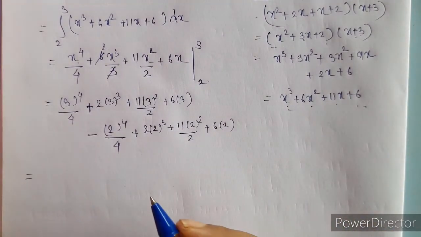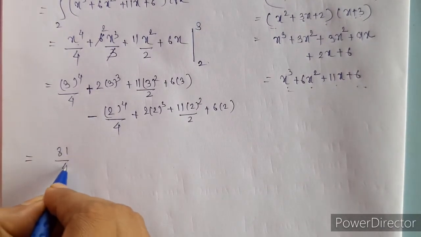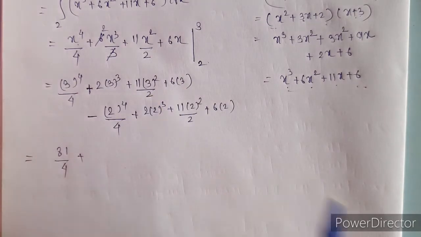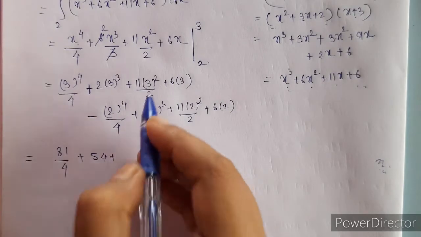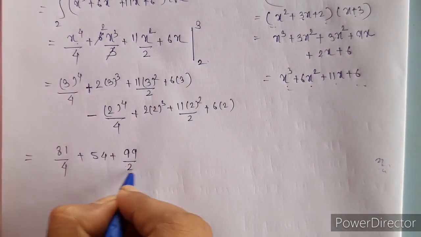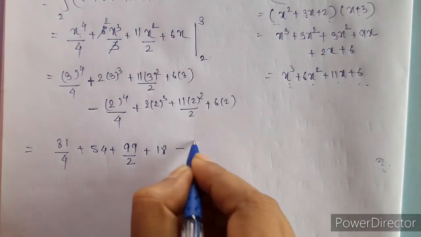Now we just have to simplify this. 3 raised to power 4 is 81 by 4 plus 3 raised to power 3 is 27, 27 into 2 is 54 plus 3 square is 9, 9 into 11, 99 by 2 plus 6 into 3 is 18, minus